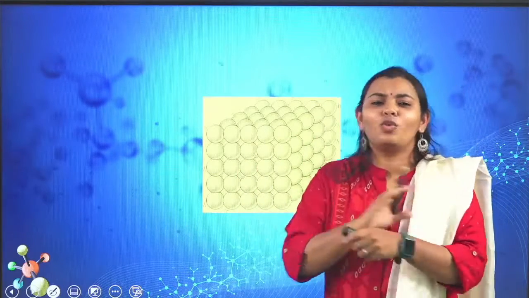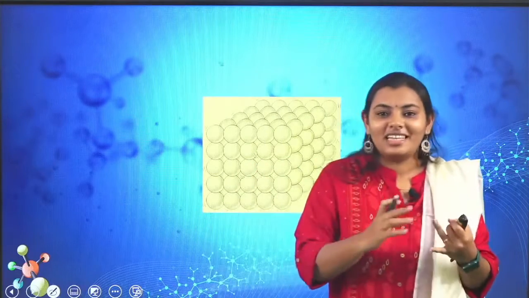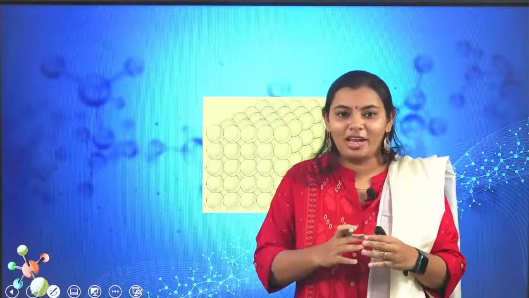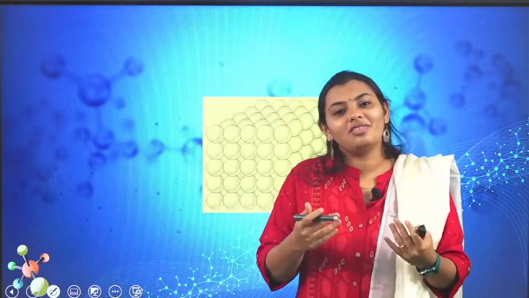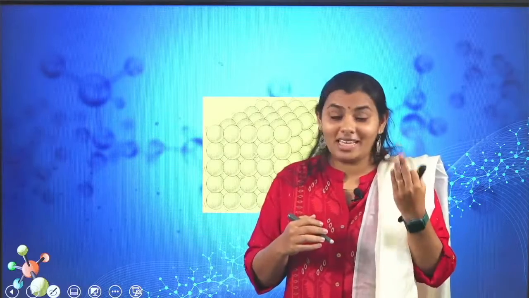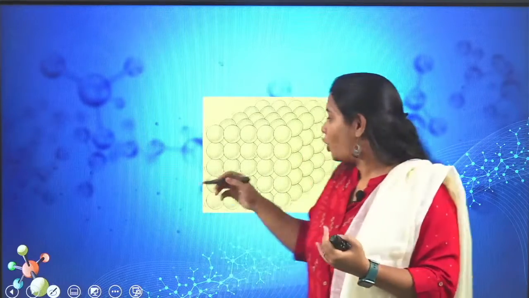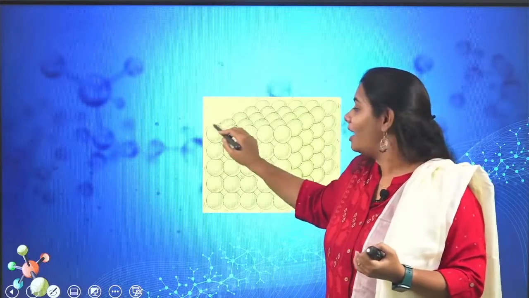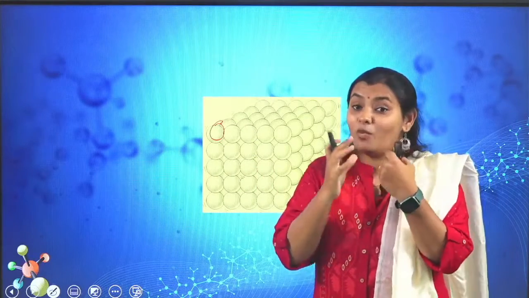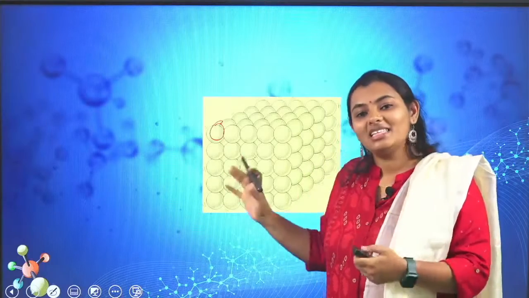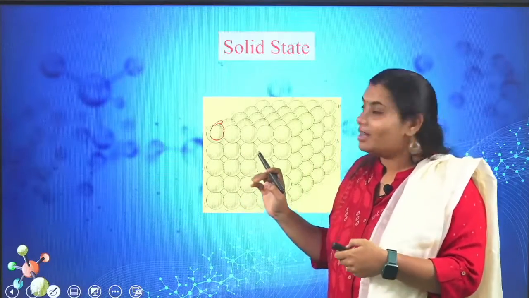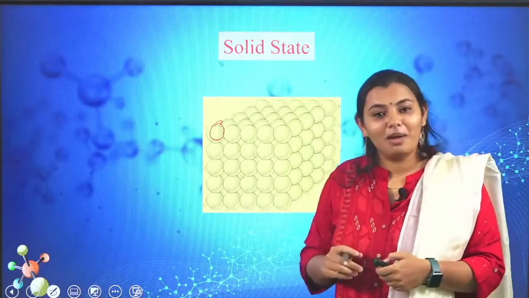So here, this is one particular chapter where you have studied throughout your schooling, right? We have studied states of matter from our schooling from a very young age. So which are the three states of matter? Solid, liquid, gas. This is the basic that we started off learning science with. So here you can see the particles are arranged in a very compact manner. So where is this arrangement found? It's a solid state. So the first chapter is solid state.